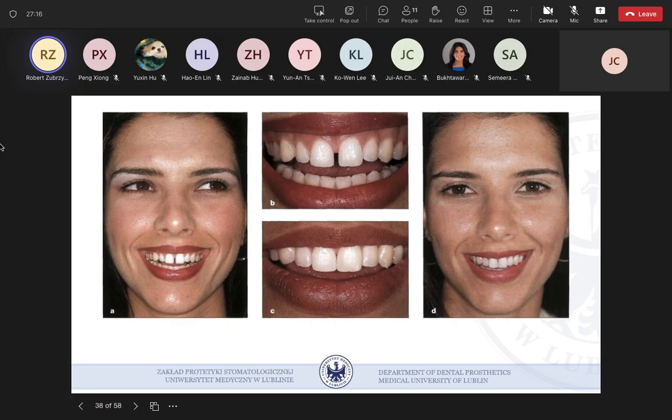The movement during function and the amount of visible coronal portions of the teeth are very important in the planning stages for